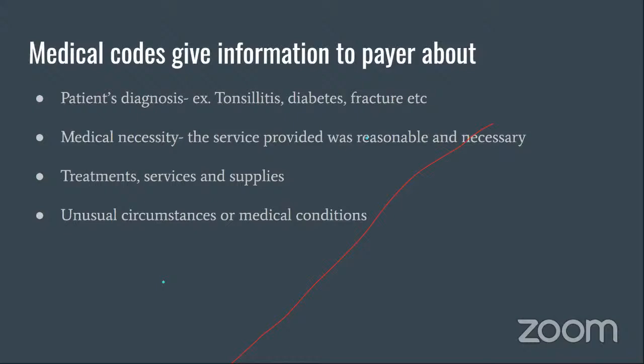And all this lot of information is communicated in a matter of simple codes. We don't have to send papers and papers and papers worth of files to the insurance company. So what happens is when the payer receives this information in complete and accurate code form, it leaves no reasons for the denial of the claim, and the claim gets paid in a fast and accurate manner.